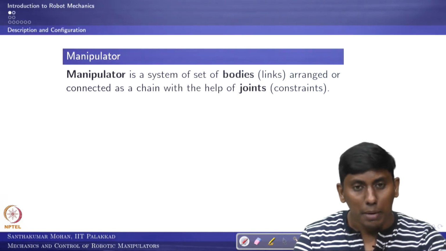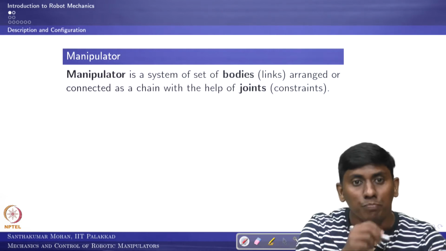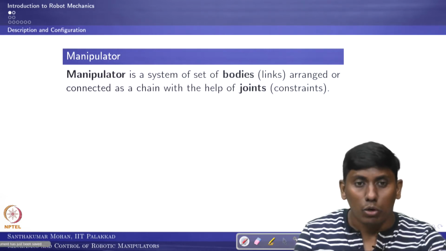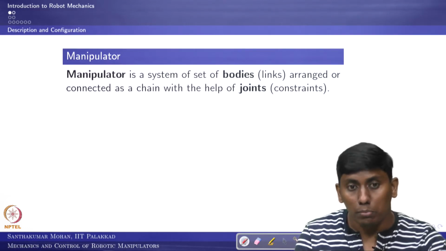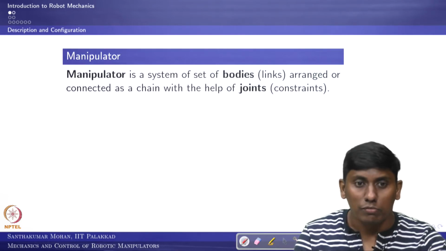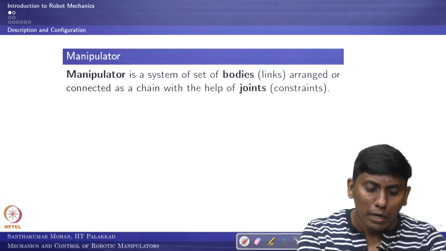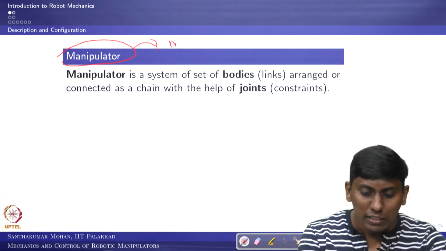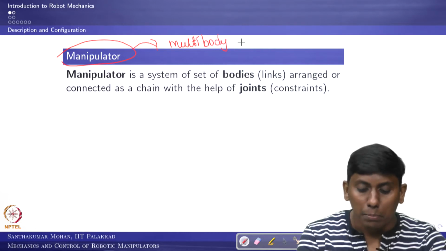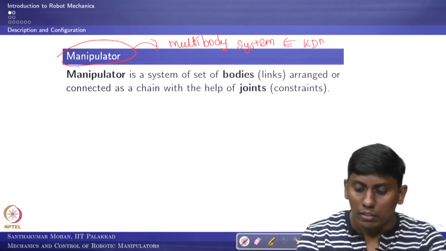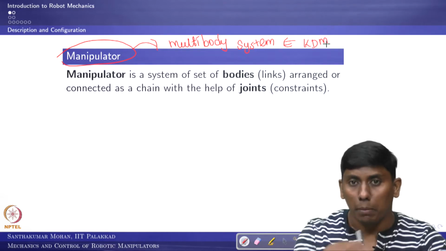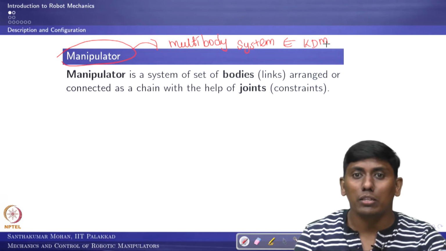So we'll start with the manipulator. A manipulator can be defined as an effector that has an effect on the environment and causes motion of the objects around; you call it manipulation, and the device you call a manipulator. If you talk about a manipulator, obviously it is a multi-body, or multiple body, system. Since it is a multiple body system, what we have studied in the kinematics and dynamics of machinery may not be straight away applicable. So we should know what method we can use.